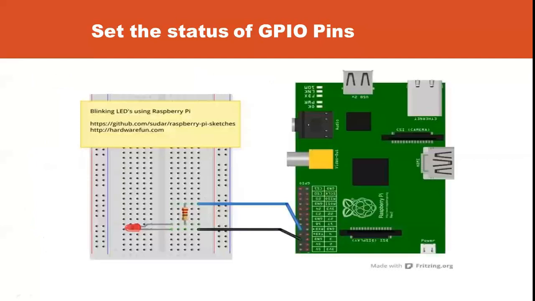So this is the connection that is made over here. You can observe here the blue line which we have is the pin number 12 and this black is the ground. So pin number 12 is connected to one side of a resistor. The other side of the resistor is connected to LED. Another end of LED is connected to ground. So this completes the circuit. Here the resistor is added in order to avoid the breakage of this LED. So now in this connection, when the program is executed, this LED will start blinking for an interval of 1.